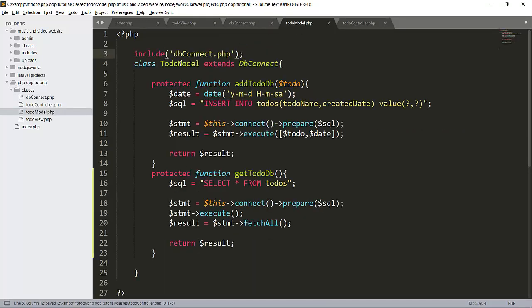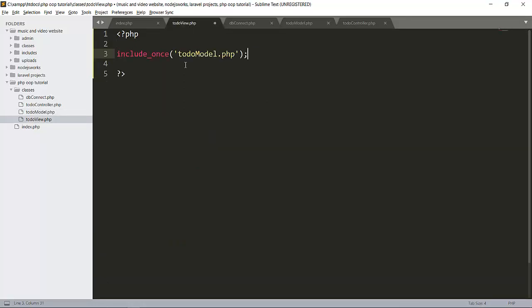In the to-do model also there will be include once, because we only want to include our file once, otherwise it will include again and again and give us an error. So here we included our to-do model. You can also write require once instead of it, but I am writing include once here.